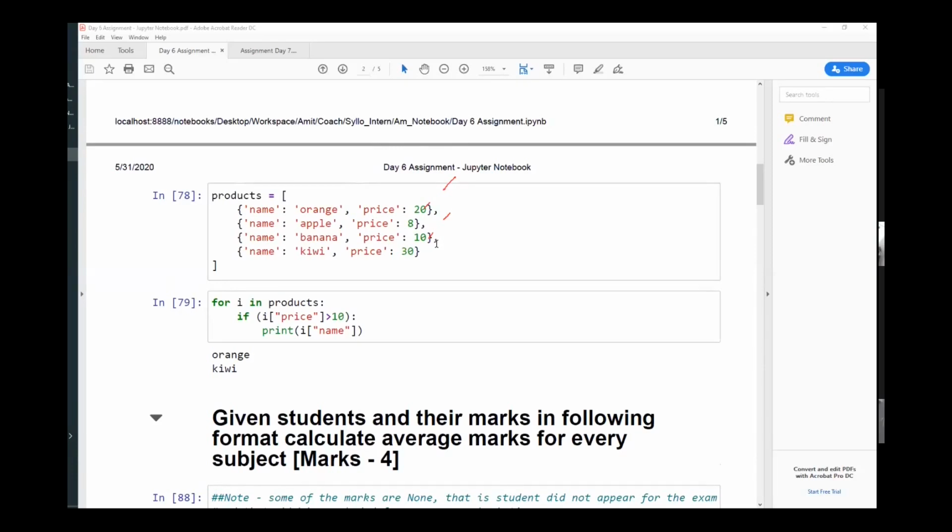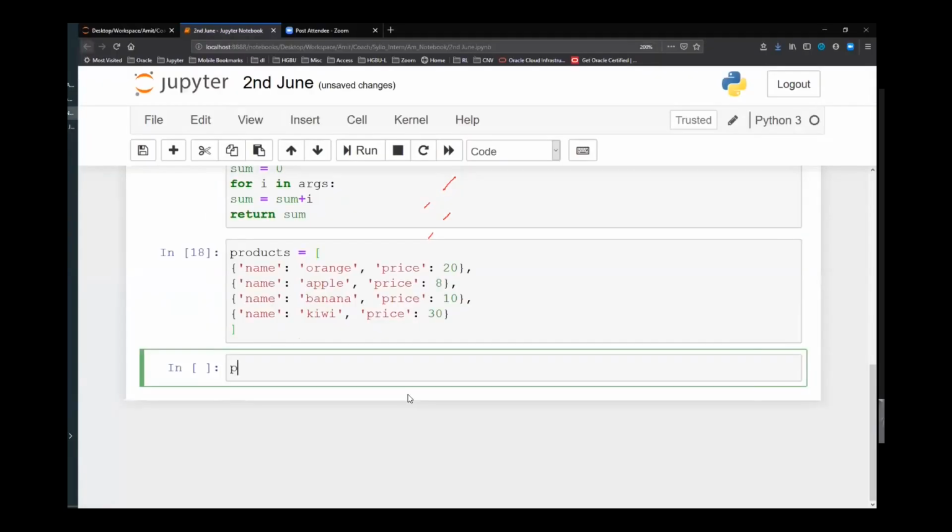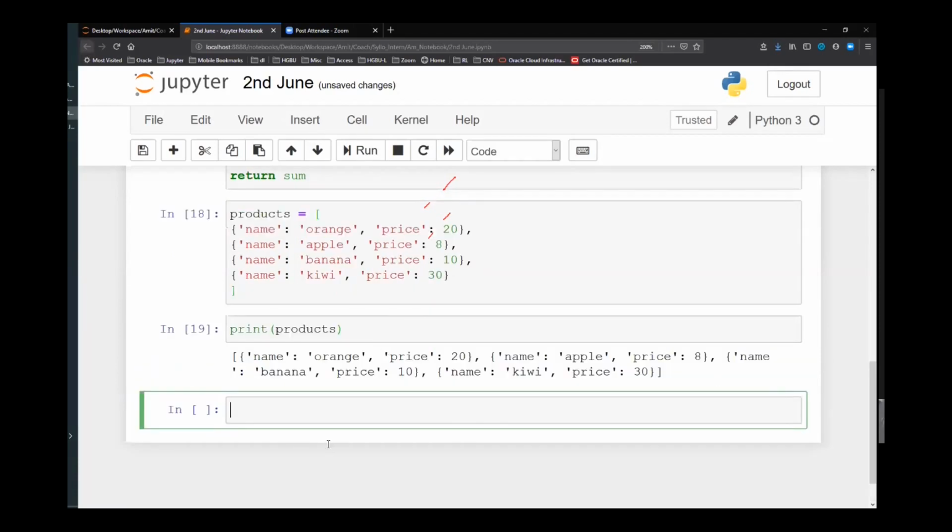Okay, so first I will need to iterate over this list. Let me just take this example. When you are writing code, just do this, then do print products. Now I know that it is a list. I can just iterate over this list element by element.